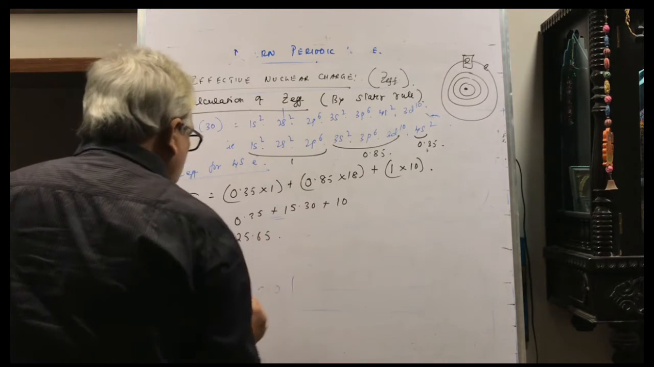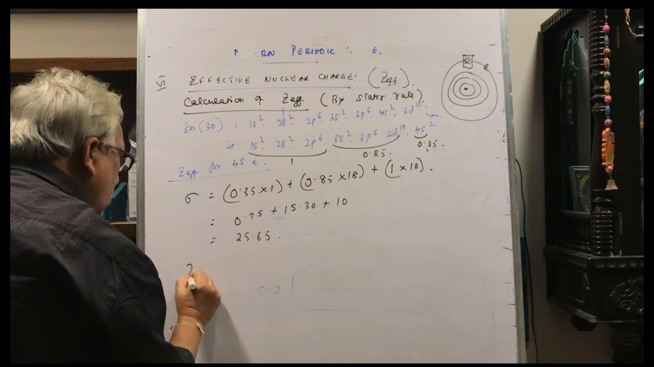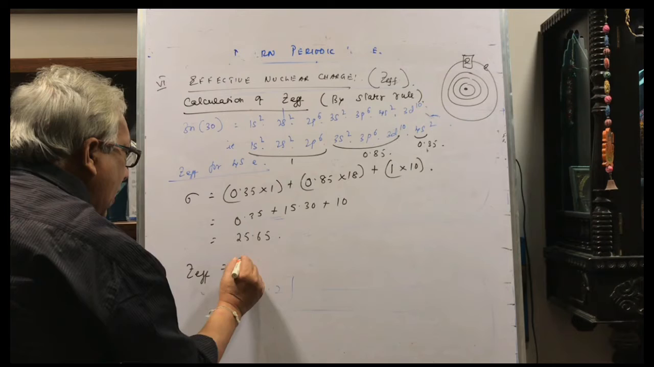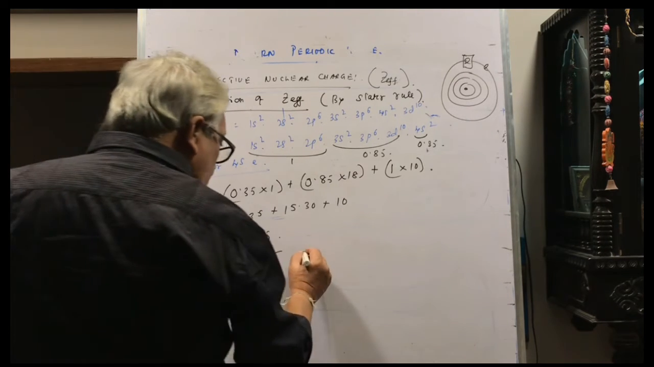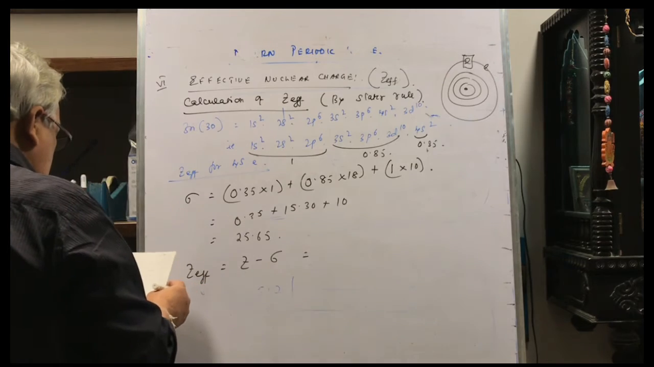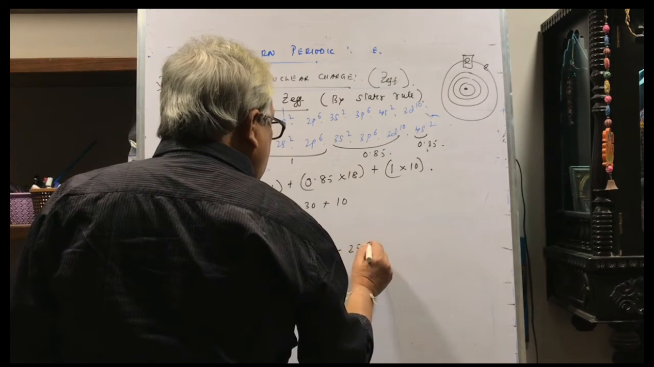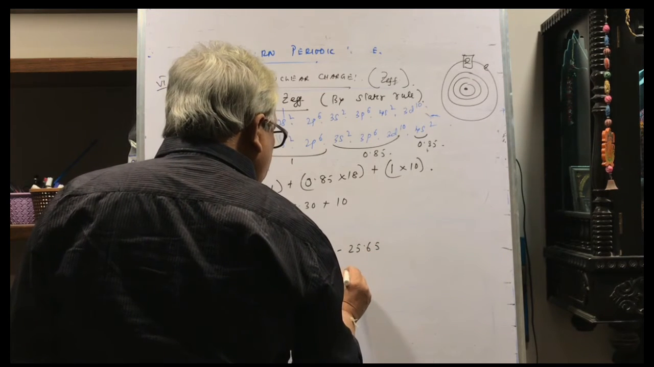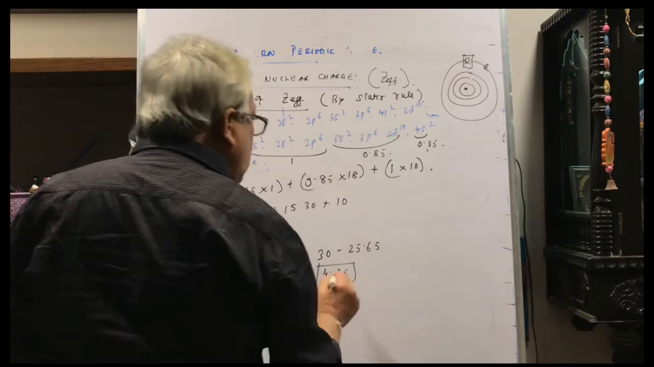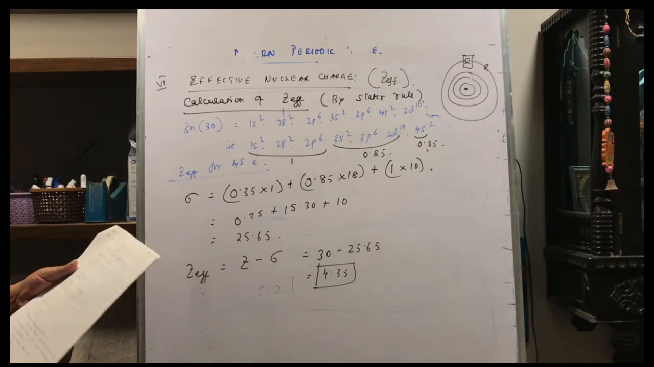25.65. Now Z effective for that fourth shell s electron will be atomic number Z minus screening constant, so that will be 30 minus 25.65, and this comes to 4.35. Is that clear to you, children? I hope you understood. But suppose I want to find out